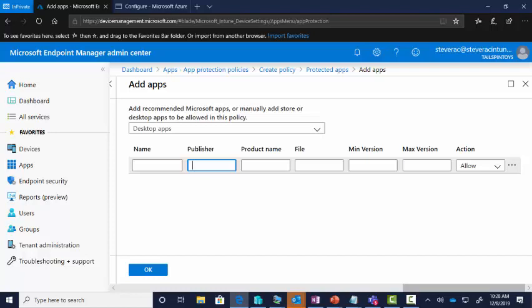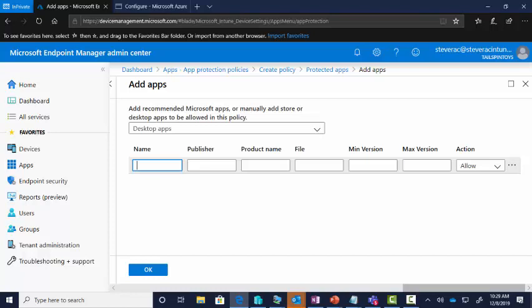So if you know that your company, for example, is the publisher of your app and is signed, then go for it. That might be a good one. Or you might do publisher and then name only, right? And so the result of that is all files that are for the specified product and signed by the named publisher will be protected. And then you have combinations of publisher name and file only, and publisher name, file and minimum version only, and all sorts of things. You kind of get the idea, as I go through this, how that works. So anything you want to do. The key to it, though,